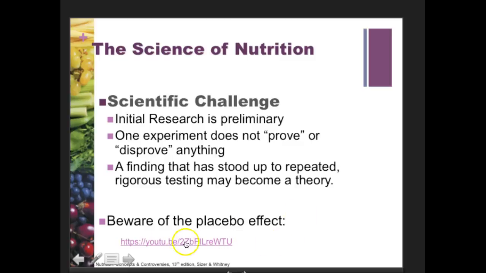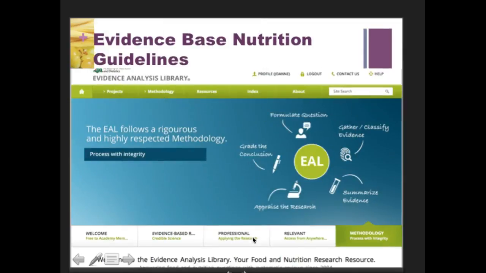If you're able to, I don't know if you can click to it from here, I just have a clip on here in terms of the placebo effect. Just quickly, the placebo effect can have a huge impact on how you feel. In other words, you think you're taking something that's going to make you feel stronger, therefore you do feel stronger, and the placebo effect is extremely effective. In my own practice as a dietitian, as a clinician, I don't have a real problem with it if it doesn't hurt somebody, but oftentimes there are financial incentives for the people selling you the placebo.